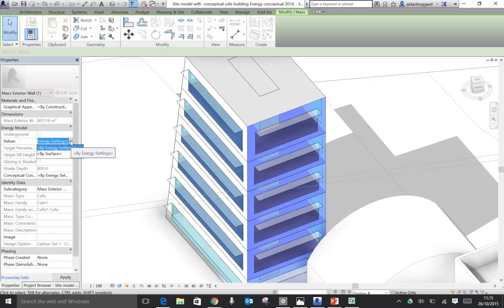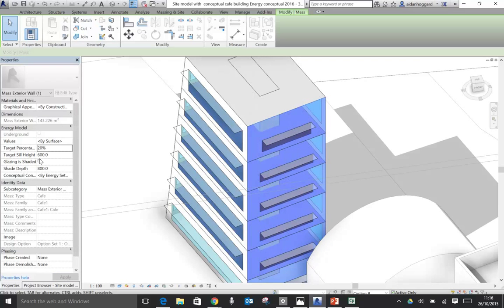If you leave it by energy settings, then those settings that you've inserted already in terms of window glazed area, shading depth, etc., will be applied by default. If we change it to by surface, that now unlocks the controls for that individual facade. So we can now change this